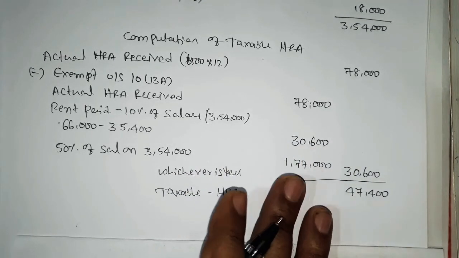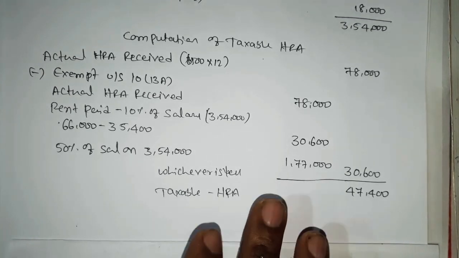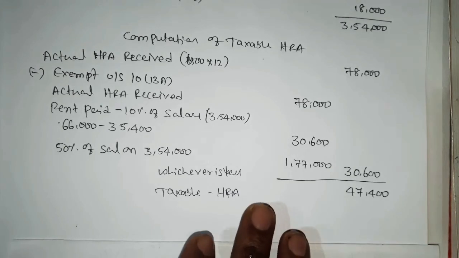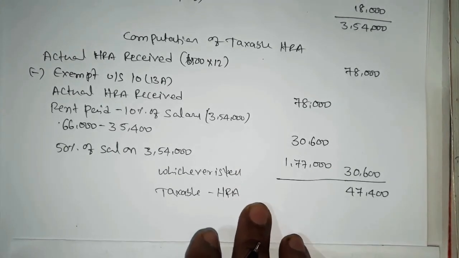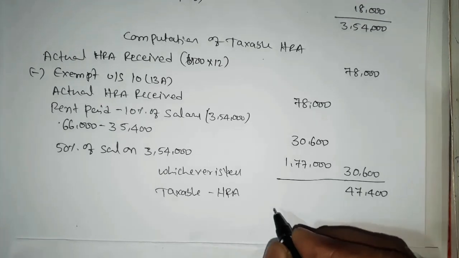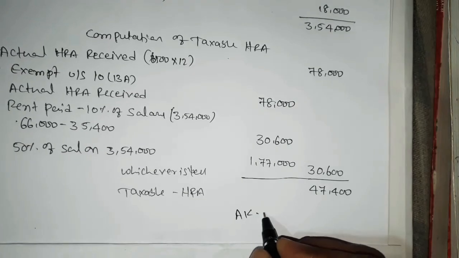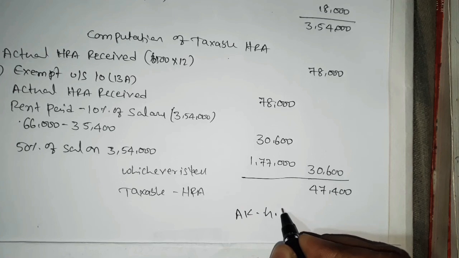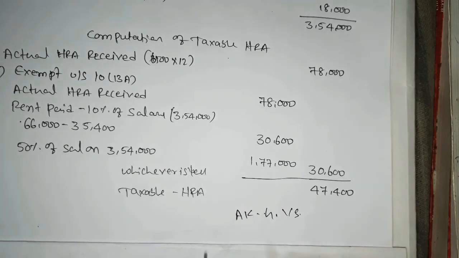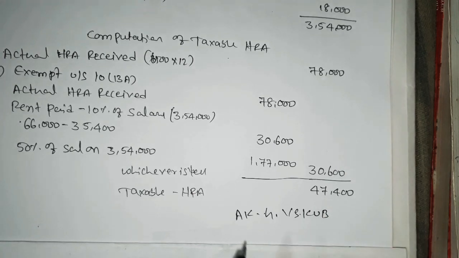Please understand. If in case anything goes wrong, you can call me and I will assist you. It is one of the very important topics and it covers 5 marks, which you will compulsorily get in the examination. It is for Akkamahadevi University, Gulbarga University, and it also covers VSKUB, Vijayanagara Sri Krishnadevaraya University, and many other universities.